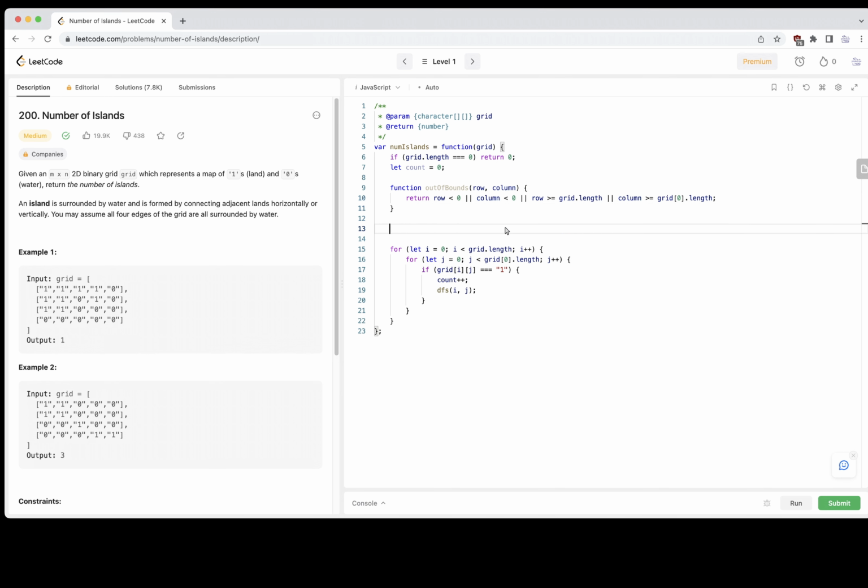Okay, and let's create our DFS function. Let's say we call these starting row and starting column. And what does this refer to? It refers to the initial position that we found in our nested for loop. So again, we're going to walk through the whole grid until we find a 1,